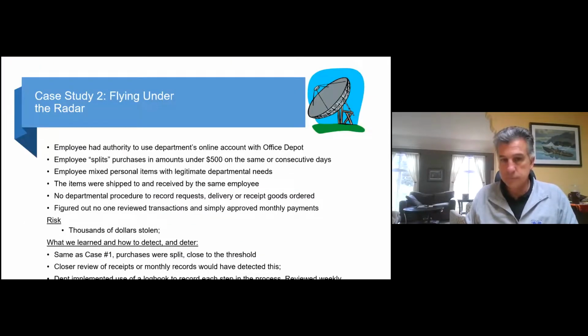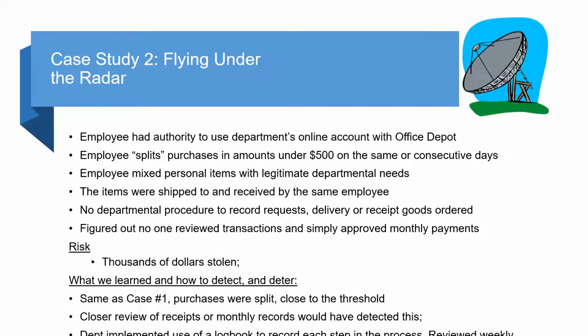All right. Before I jump into the next slide, I just wanted to reiterate what Bill has said. In this particular example, there is also a segregation of duties issue because the items were shipped and received by the same employee. So having segregation of duties is really important. And to my earlier point where I talked about monthly reconciliation, again, not just signing off on the number, but looking at the details that are attached with the supporting documentation to make sure that the supporting documentation makes sense and those expenses are for business purposes.